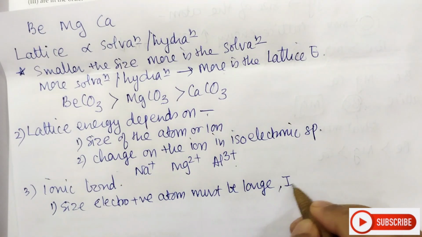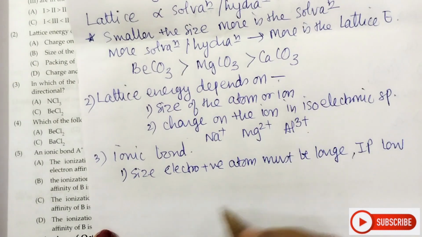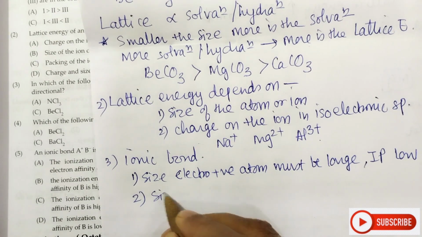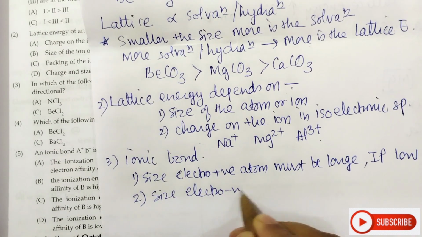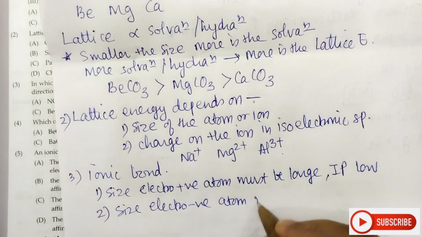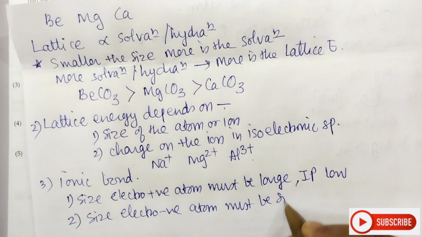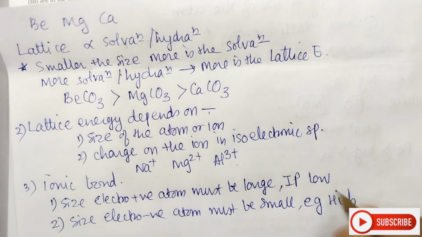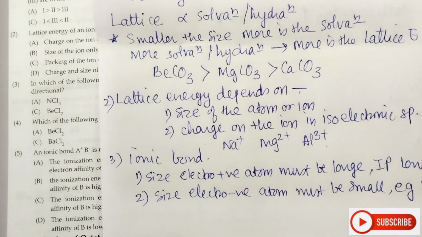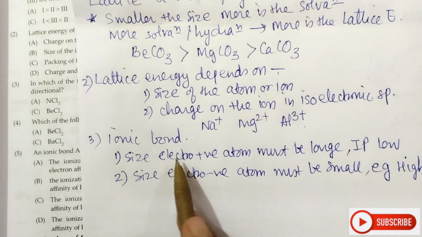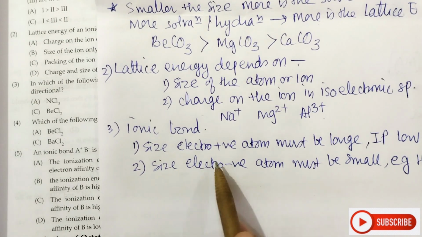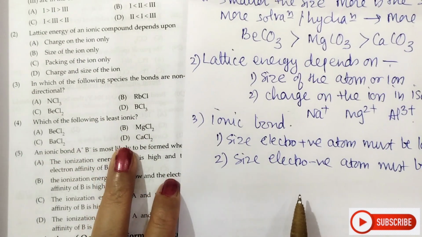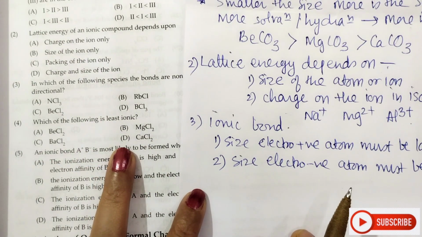means its ionization potential should be low, and in case of electronegative species, the size of the electronegative atom must be small or its electron gain enthalpy should be high. Then only you can form a very strong ionic bond. Now if you see this ionic bond, size of the electropositive atom must be large. So I have to select because the anionic part is same here and therefore what I have to check is